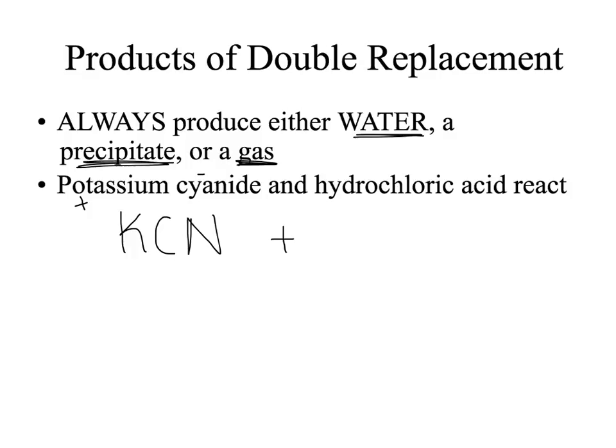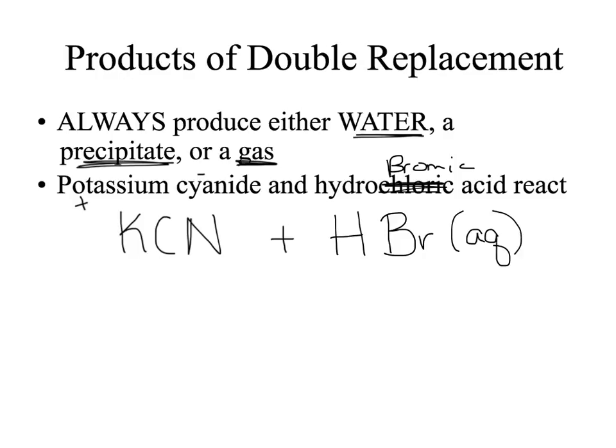Sorry, that's a typo. This should be hydrobromic acid. So I'm going to have HBr for my hydrobromic acid. That's an acid, so it's aqueous. And with a double replacement reaction, my positive ion is going to replace my positive ion. So what I'm going to have happen here is these two positive ions switch places with